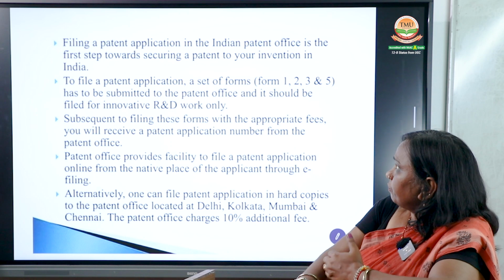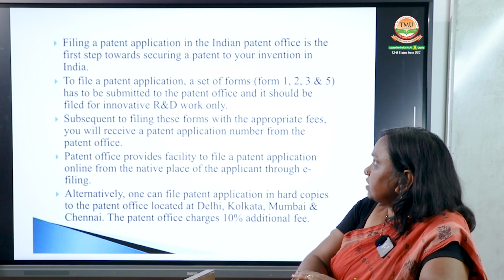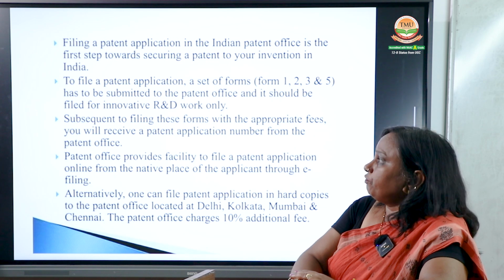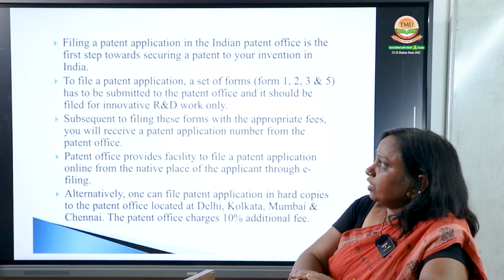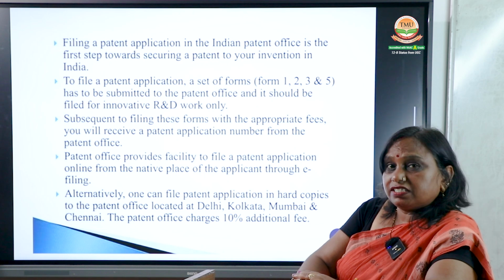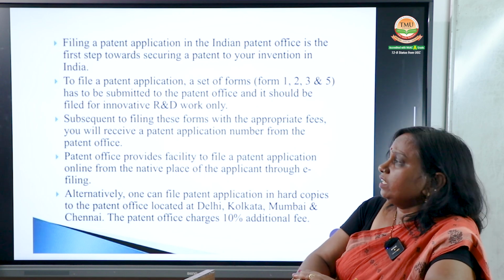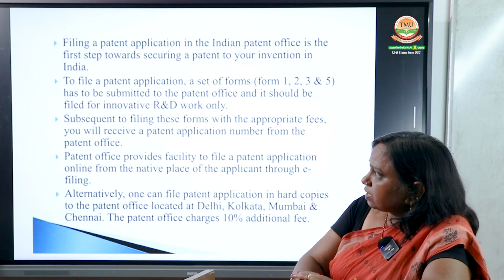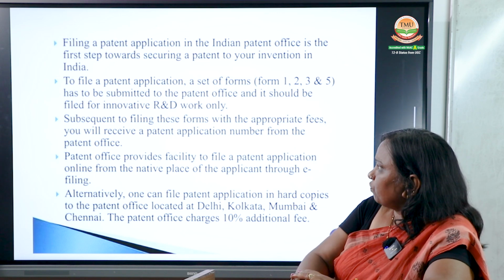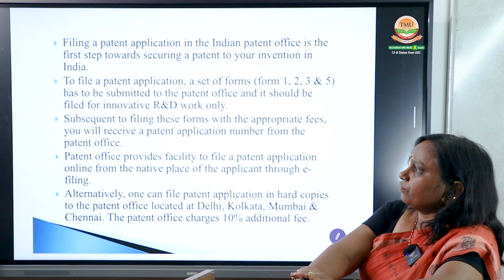Forms number 1, 2, 3 and 5 have to be submitted to the patent office, and should be filled for innovative research and development work only. If it is research and development work, then these forms need to be completed. Subsequently, after filing these forms with the appropriate fees, you will receive a patent application number from the patent